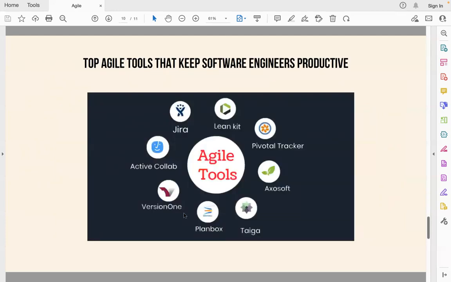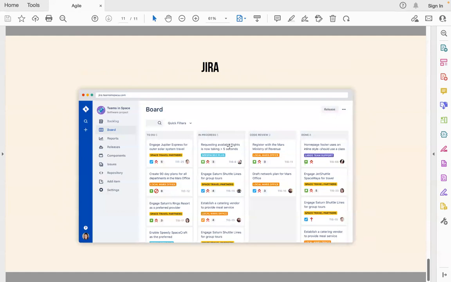The Agile tools that keep software engineers productive, we have here some of the tools. And right now we are using Jira. Here you can see the Jira Scrum board, which is used to visualize all the work in a given sprint. Jira has a lot of functions, for example, tools for sprint planning and tools to track and manage our sprints. It has a version management system where they track versions, features, and progress. So yeah, this is one of the tools for the Agile methodology.